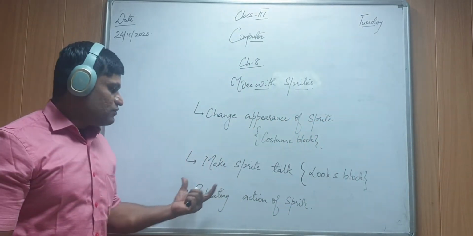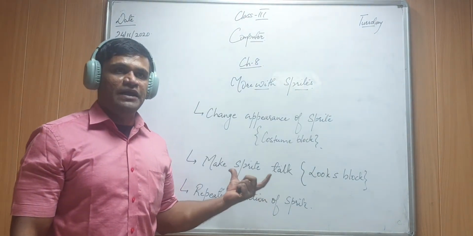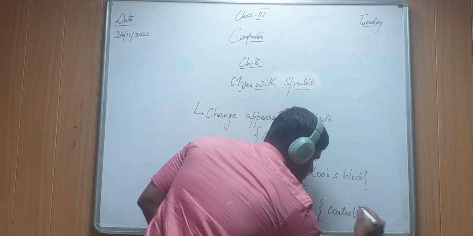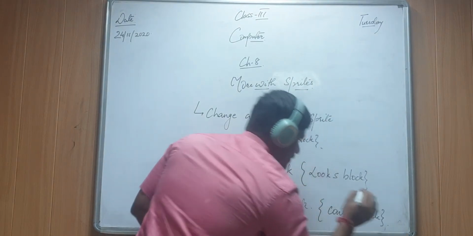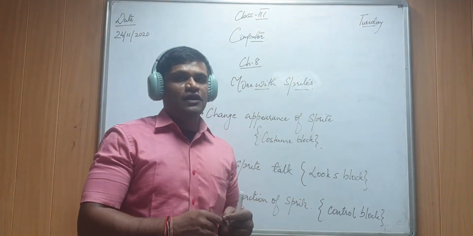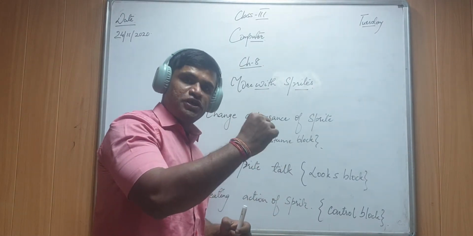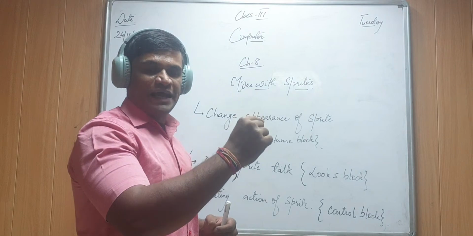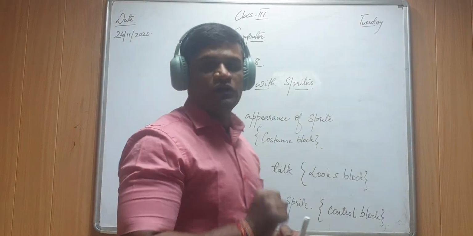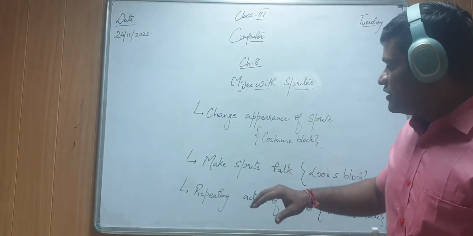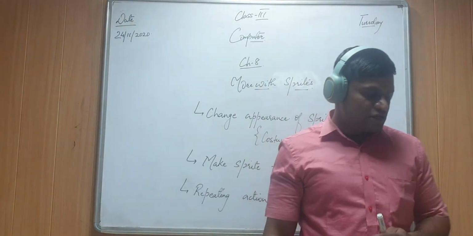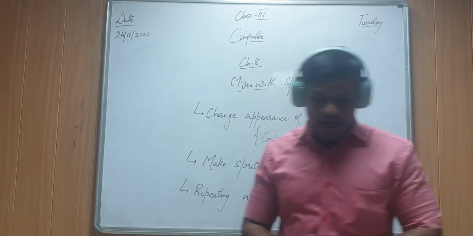So in this, for repeating actions by a sprite, we are going to use the control block. If you remember the forever block, that loop will make the actions mentioned inside it repeat again and again, forever, until and unless we click on the stop button. So this will be the third point covered today, how an action can be repeated by the sprite. Then we have the last topic,